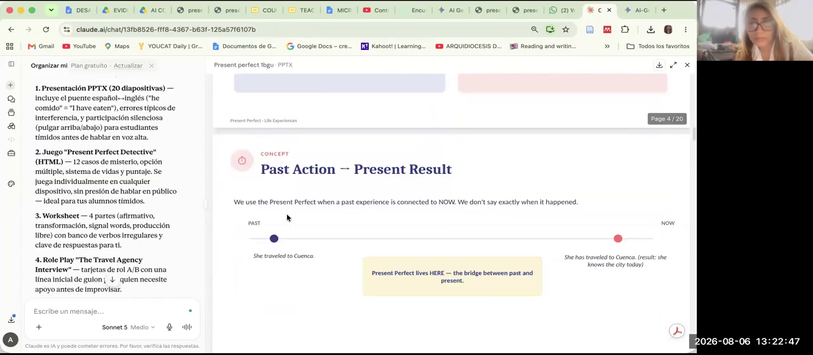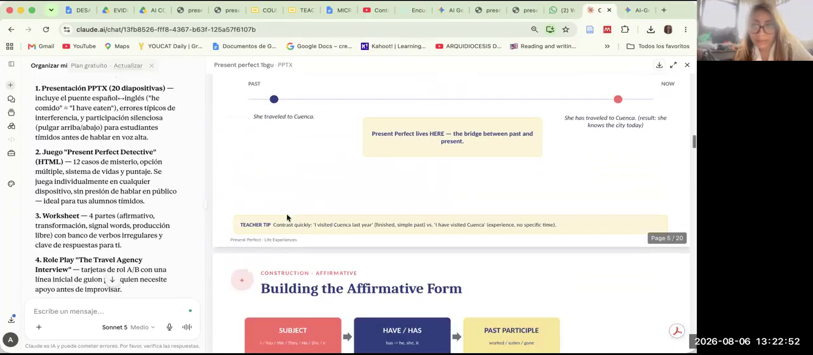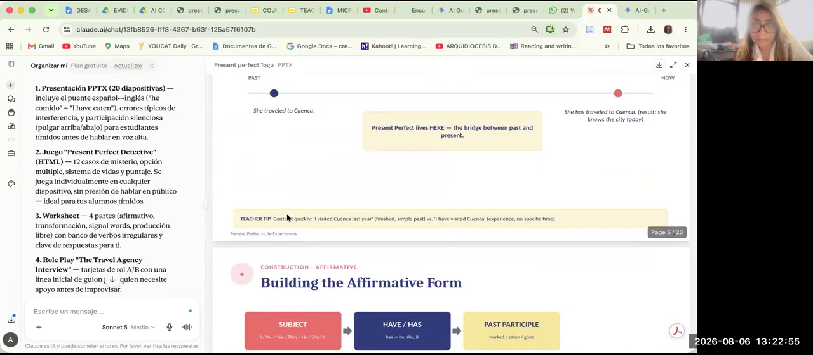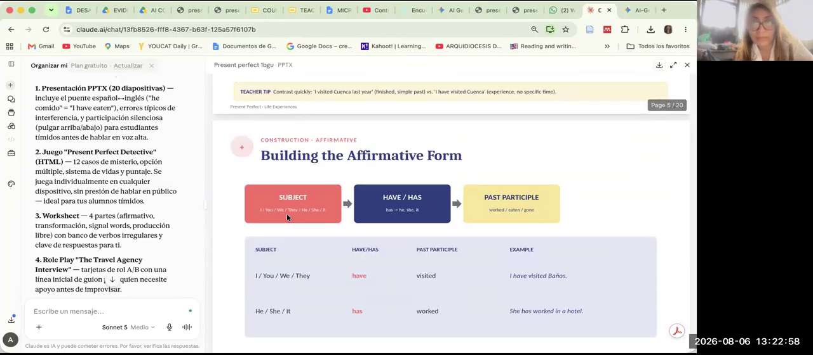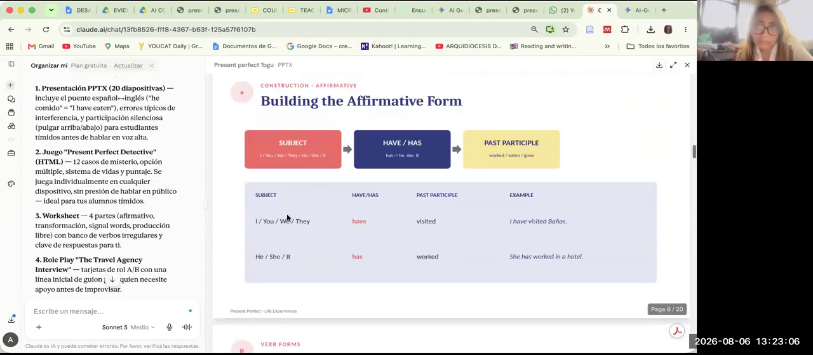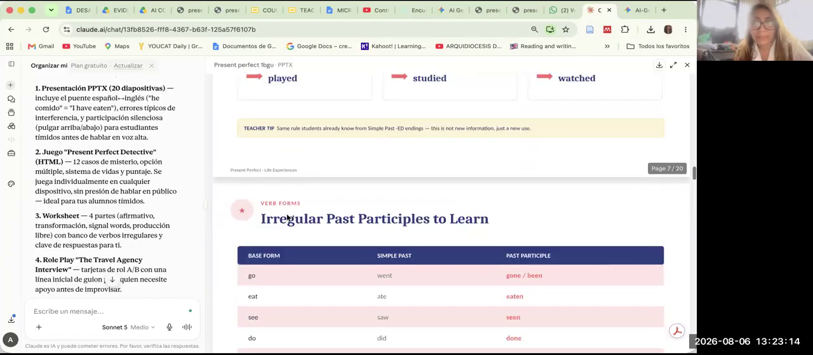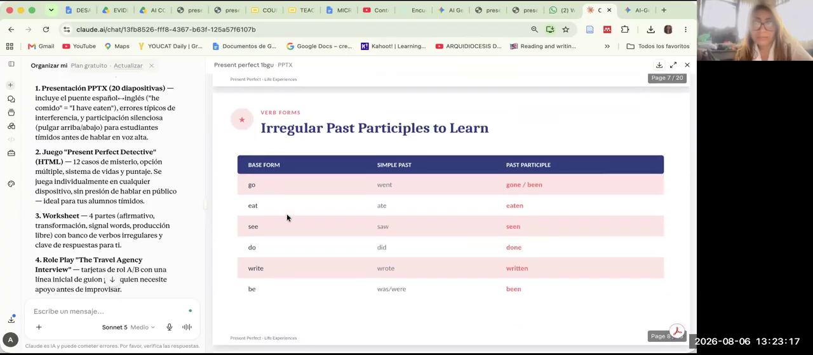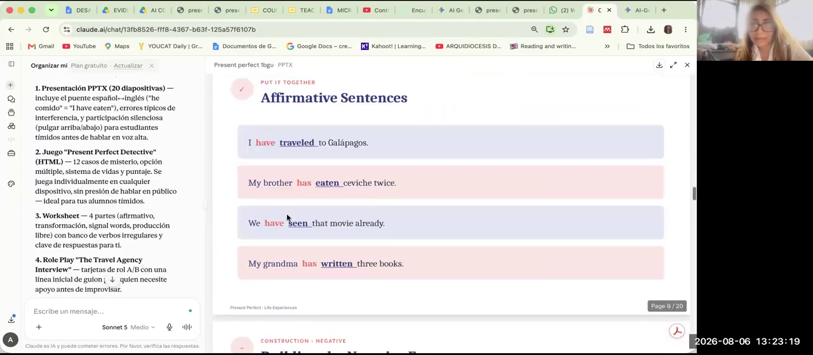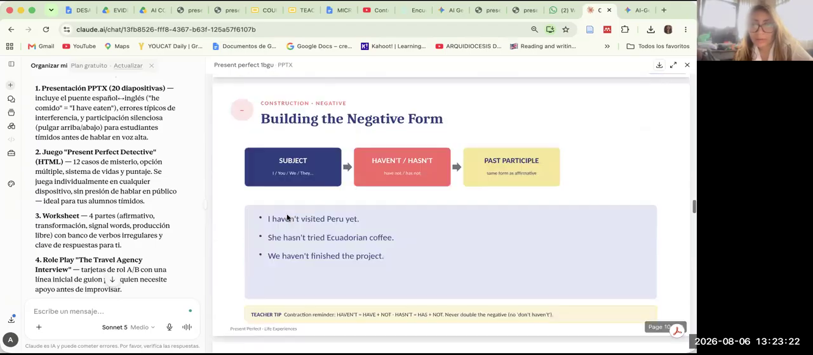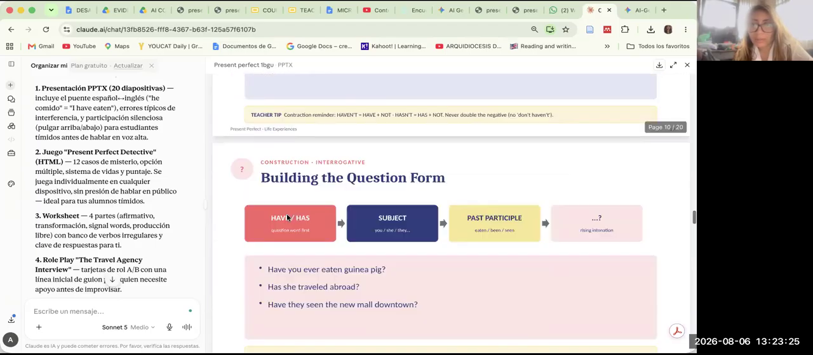Then I have the concept, the result. It's really nice. Contrast quickly in order to emphasize past versus present perfect. Then I have affirmative. Why? Because my prompt says affirmative, negative, interrogative to emphasize present perfect. Okay, it's really nice. Regular past, the same with teacher tip. We have irregular past participles to learn too. It's really cool. Affirmative sentences, the negative form, how to build the question,